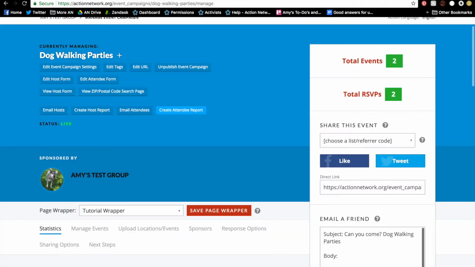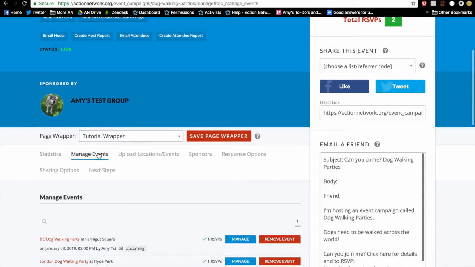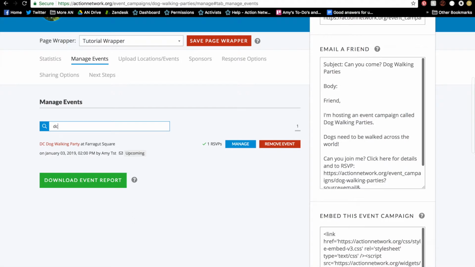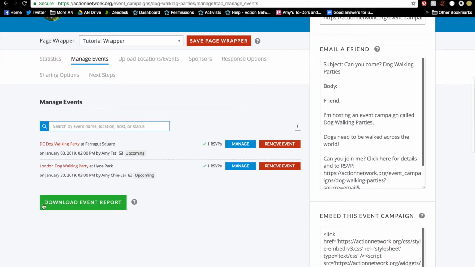Now back on our Manage page, let's take a look at this Manage Events tab. This is how you can see every event in your event campaign. If you're looking for a specific event and you have a lot, instead of just scrolling forever or tapping through pages, you can click this little search button and it will find the event you're looking for. On this page, you can also download the event report, which will give you the spreadsheet of all the event details like titles, dates, times, locations, host details, RSVP counts, the URLs, and the event campaign status, like whether it's